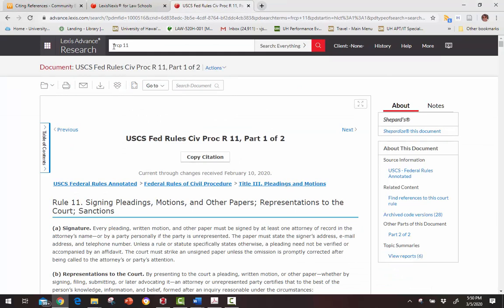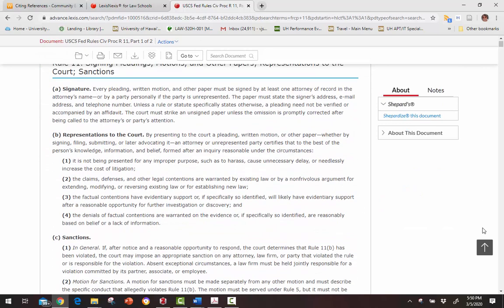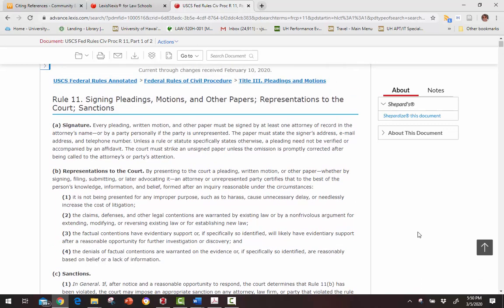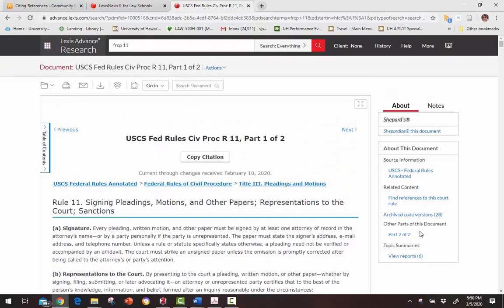When I came over to Lexis, because I already knew the citation, I put in FRCP 11, and it takes me to Rule 11, which contains the text of the rule. Again, we're looking at subdivision B. And one thing that's nice about shepherdizing a statute or a court rule on Lexis is that they will limit the results to the subdivisions within Lexis. Let me show you what I mean. If you click on Shepherdize this document,